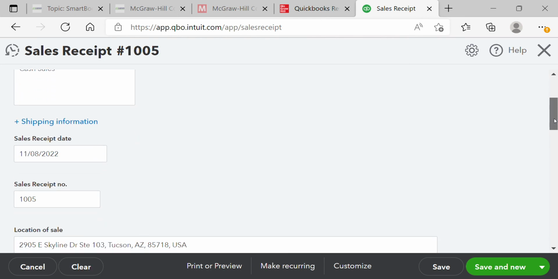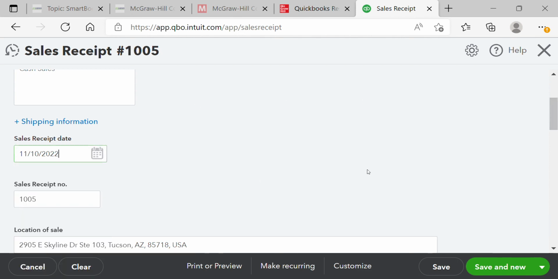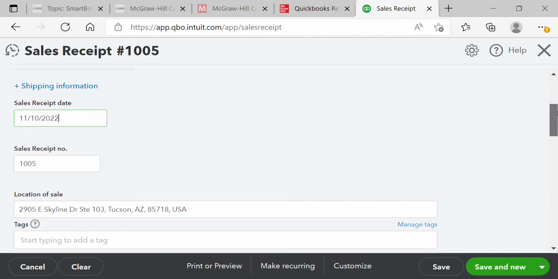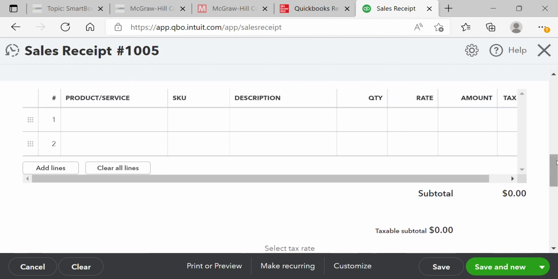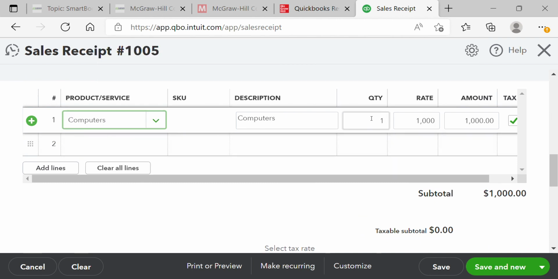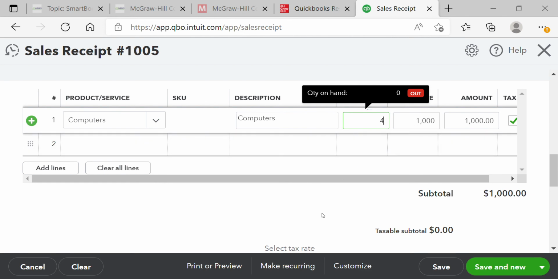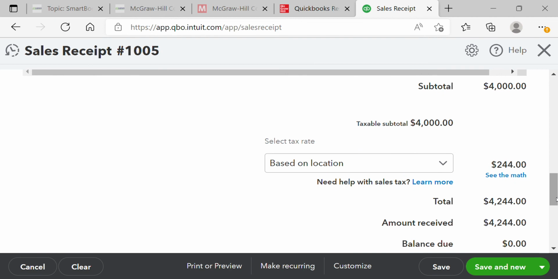This one actually is going to be November 10th. November 10th. Oh, I didn't notice the other one before that. 104 was November 9th. I can go back and change that. They're not giving us the information on what they spent either, so I'm leaving payment method empty. I'm just going to select computers, and we sold 4, and that was for $4,000, but it comes out with tax to $4,244. So if you don't have the tax, you have to override and make sure you have the tax for both of those. I'm going to go save and new